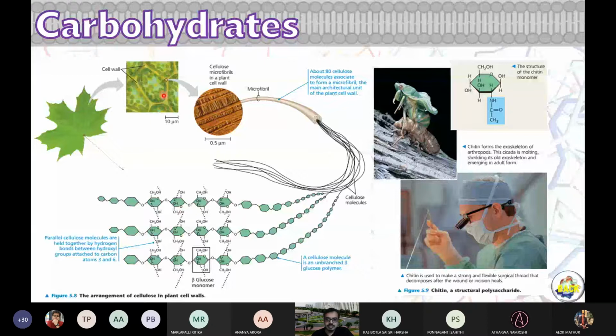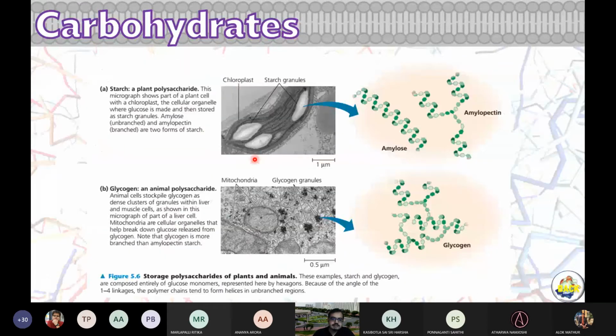This is cellulose. And similarly, in animals also, the largest number of animals you can see are insects actually, and they have their exoskeleton made up of chitin, and that's a carbohydrate though. Okay. Chitin has its monomer containing nitrogen. Here in cellulose, we do not see nitrogen in the monomer or monosaccharides. Okay. And we have starch and glycogen. These are forms of polysaccharides.